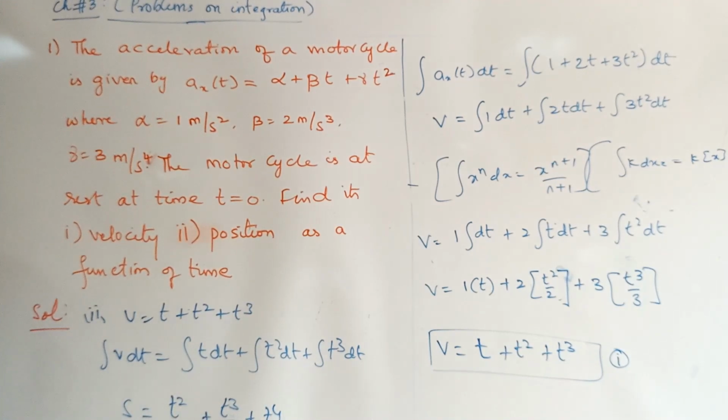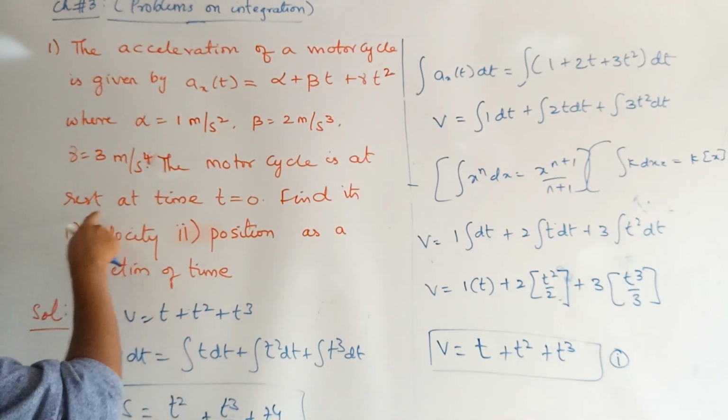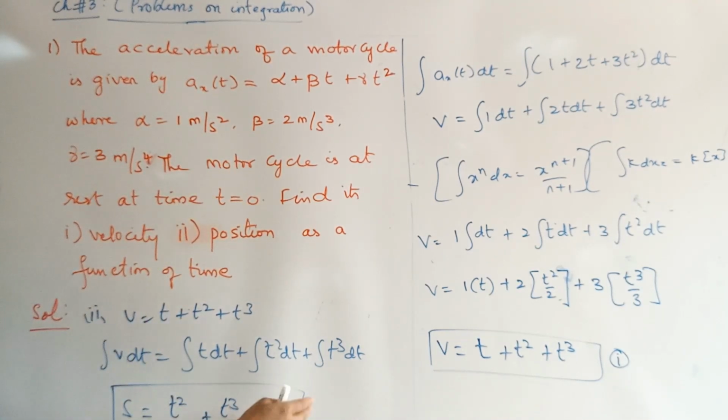You can leave it like this. This would be the equation, or we can simplify further by taking various parameters. And initial position is at what position? No position given. Accordingly, no new terms are added.